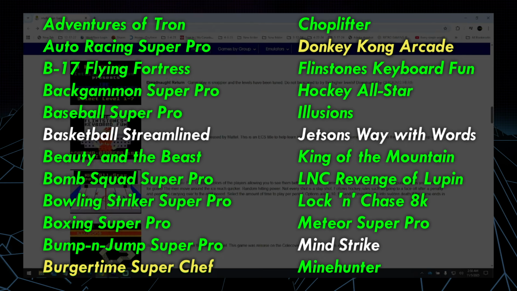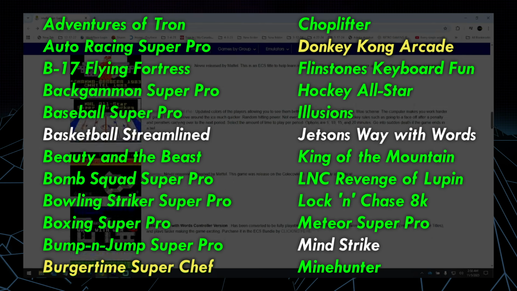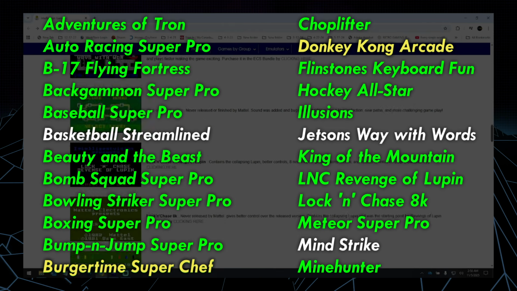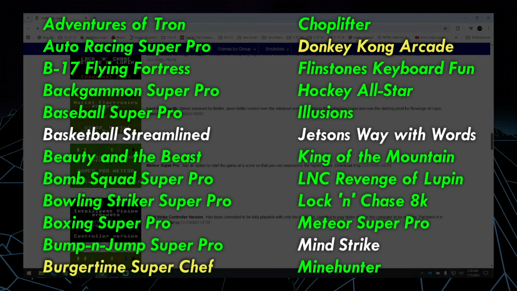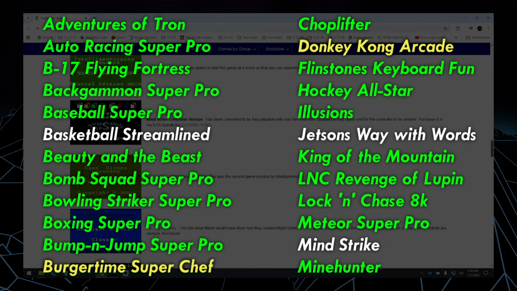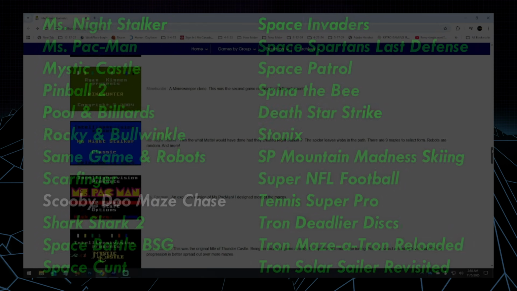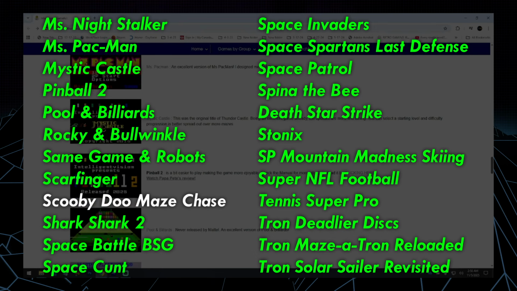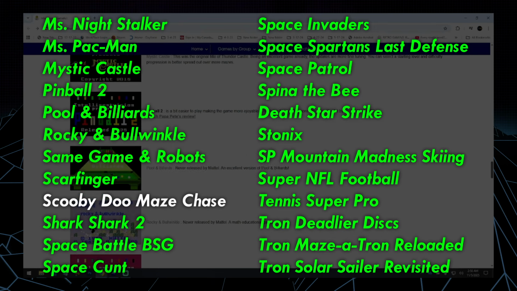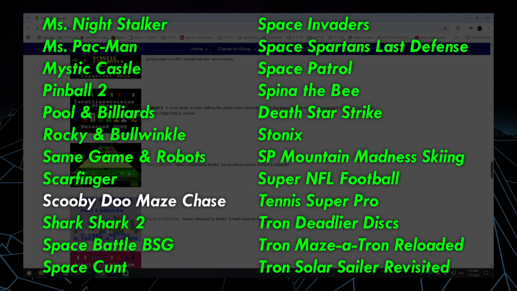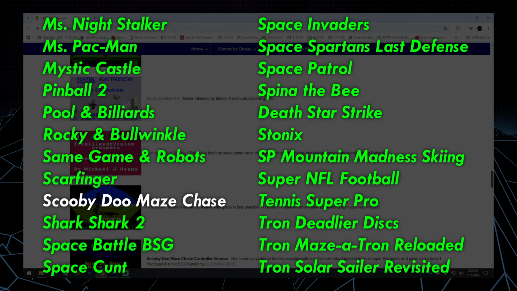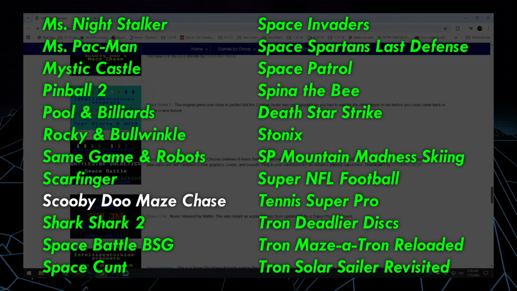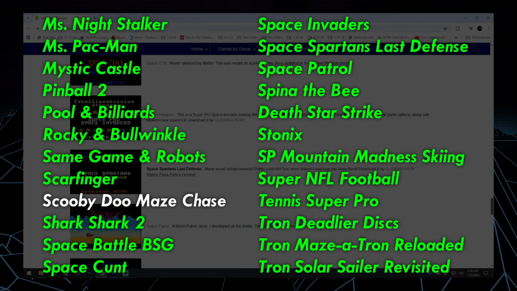for a keyboard. Hockey All-Star Super Pro, Illusions, Jetsons Way with Words controller version, King of the Mountain, Lock and Chase Revenge of Lupin, Lock and Chase 8K, Meteor Super Pro, Mind Strike controller version, Mindhunter, Miss Night Stalker, Miss Pac-Man, Mystic Castle, Pinball 2, Pool and Billiards, Rocky and Bullwinkle, Same Game and Robots, Scarfinger, Scooby-Doo Maze Chase controller version, Shark 2, Space Battle Battlestar Galactica, Space Cant, Space Invaders, Space Spartans Last Defense,